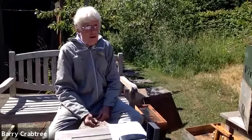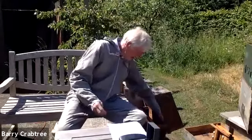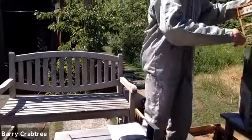So what's happening to these cells, these eggs now? Well, these will go back down to the colony, and they'll go in between the